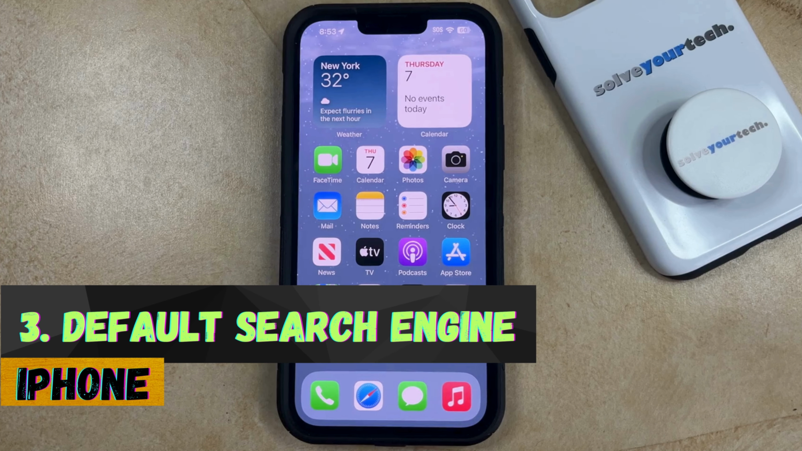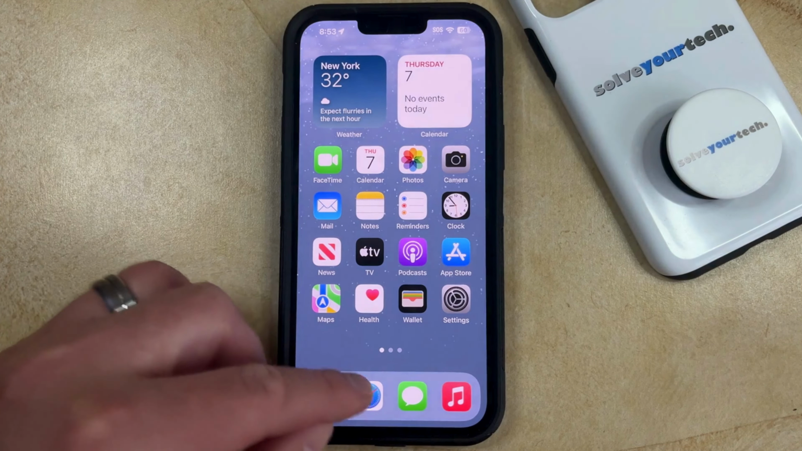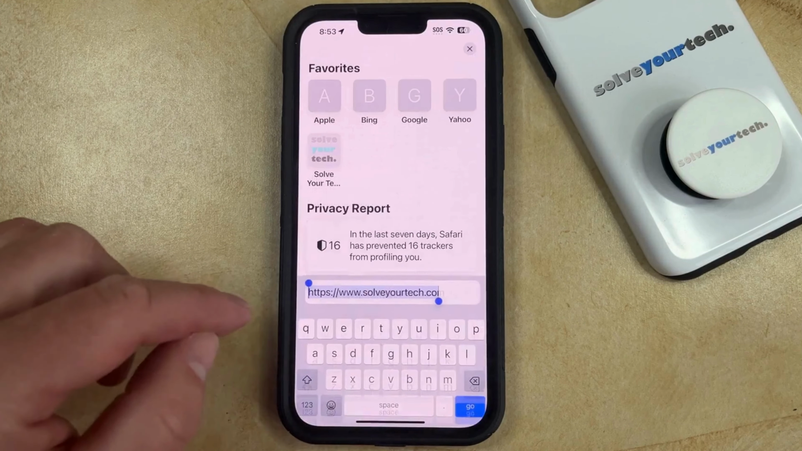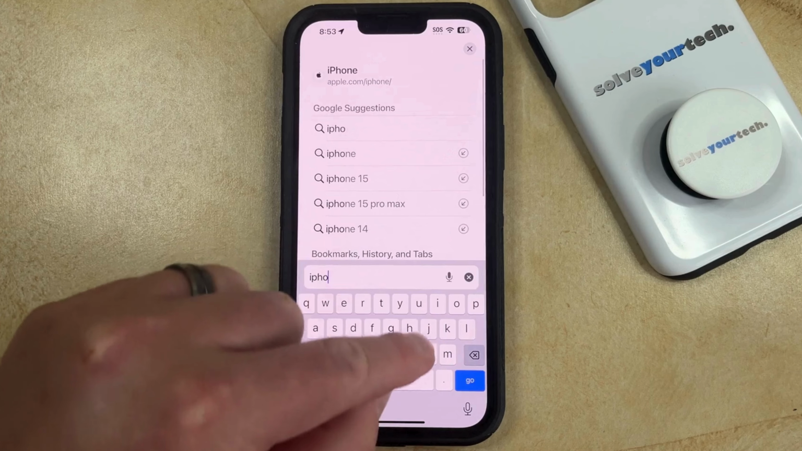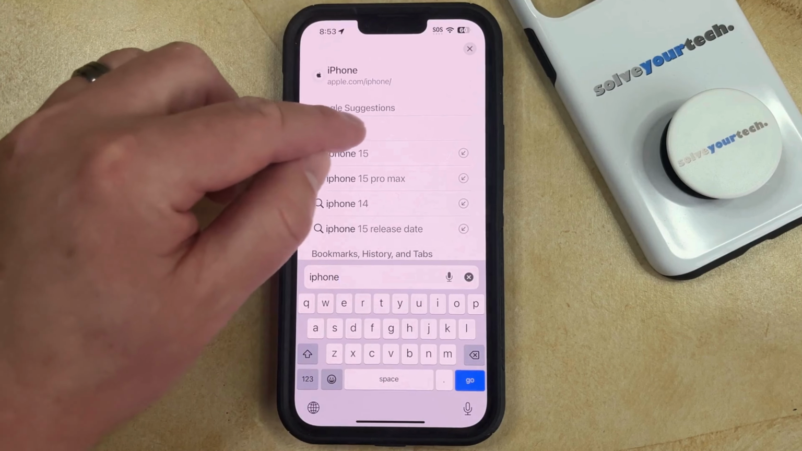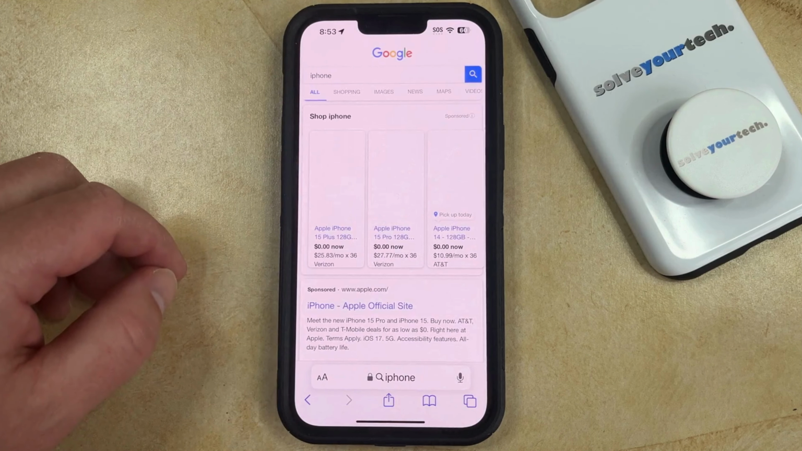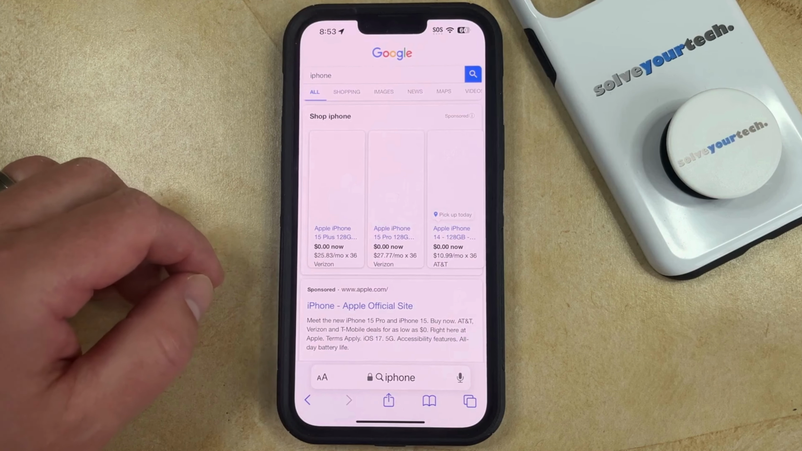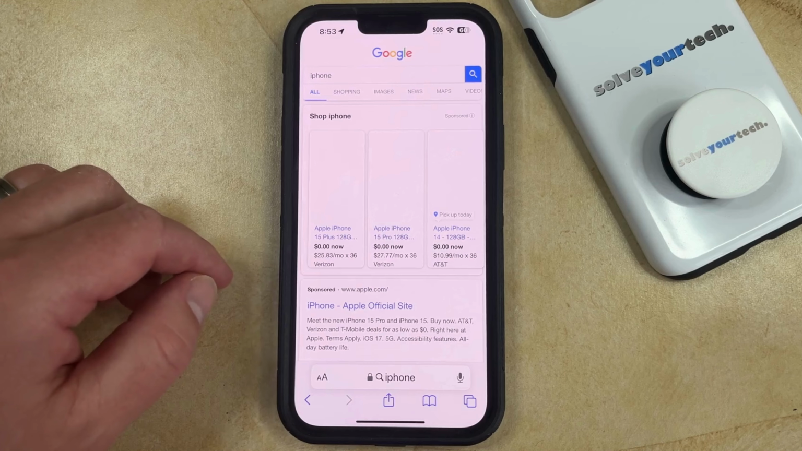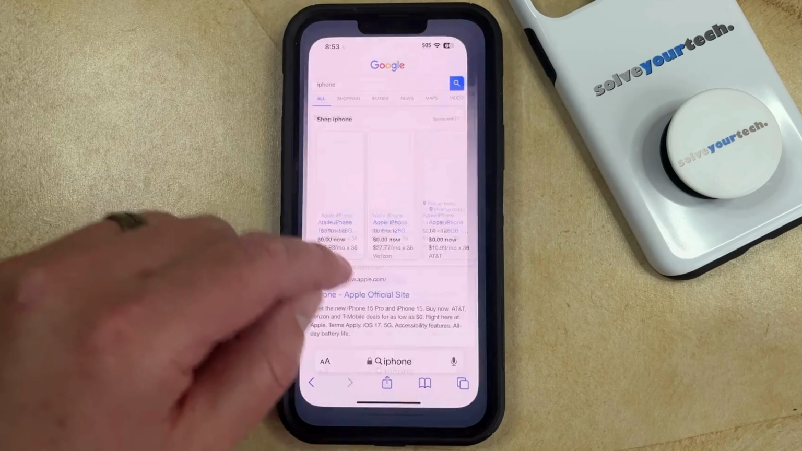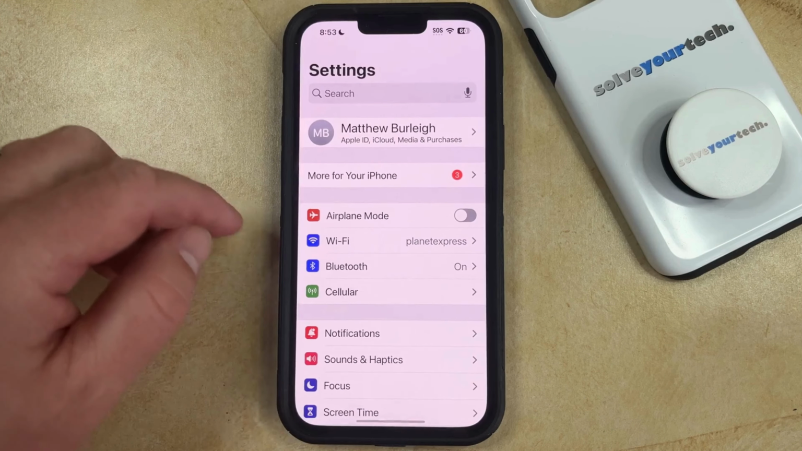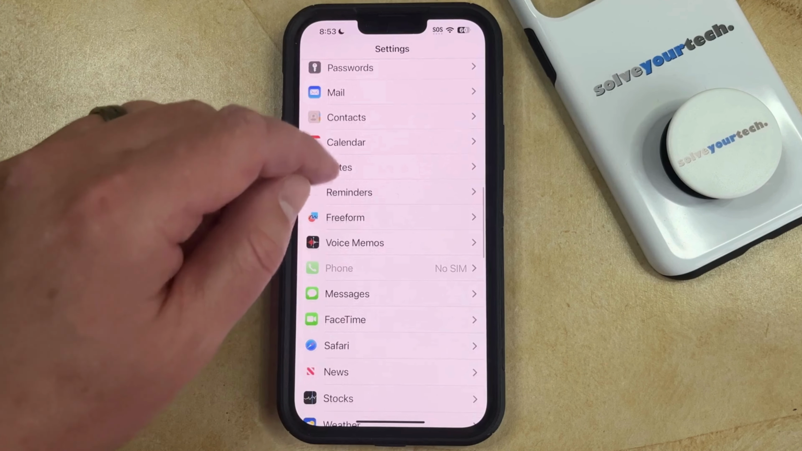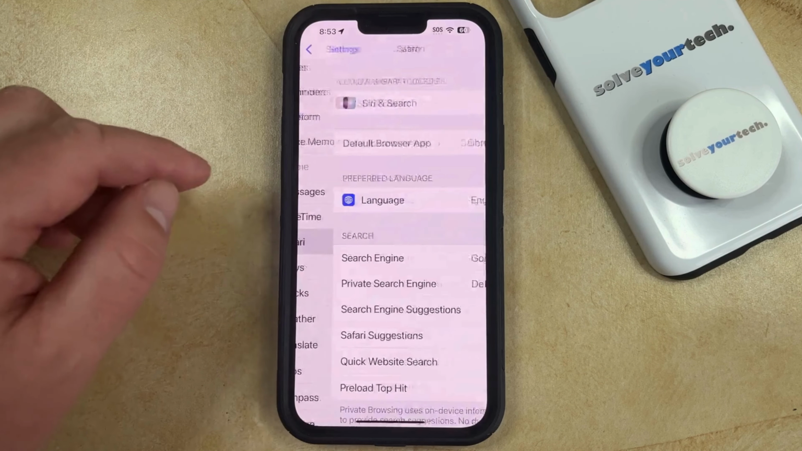Another Safari setting that we're going to discuss is the default search engine. If you open up Safari and then tap inside of the address bar and type a search term, then that search term is going to get run through whatever search engine is currently set as your default. In a lot of cases, this is going to be Google, but you might prefer to use Bing or something else. You can change the default search engine by opening Settings, scrolling down, and selecting the Safari option,